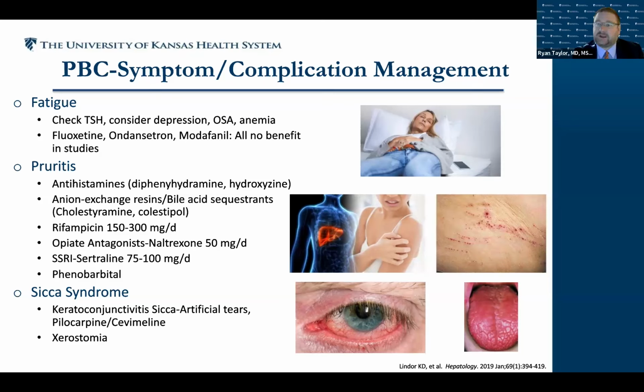I mentioned pruritus is really the Achilles heel of this disease, where it can be quite disabling. So we have a number of different drugs that we go through, and each provider kind of has an algorithm that they follow. But we start with antihistamines, and then our bile acid sequestrants are really our mainstay treatments. The other drugs I've listed here have pluses or minuses, but rifampin is utilized, naltrexone, sertraline, and phenobarbital can be helpful in the right patient population. And then, as already mentioned, sicca syndrome symptoms are common, so using eye drops, mouth coat, other things to help with the dryness of the mucosal tissues is important. Next slide.